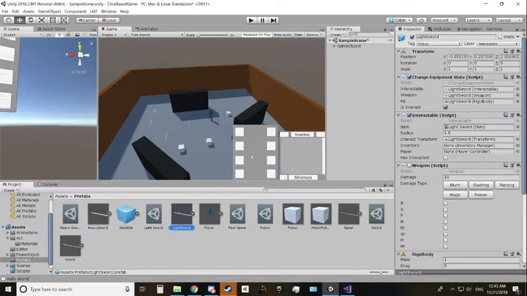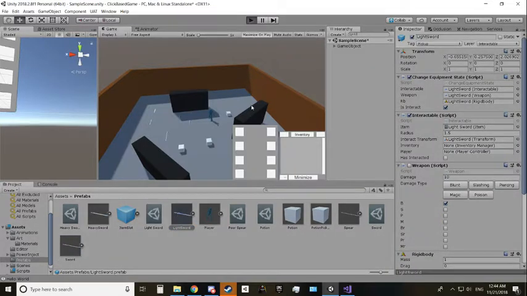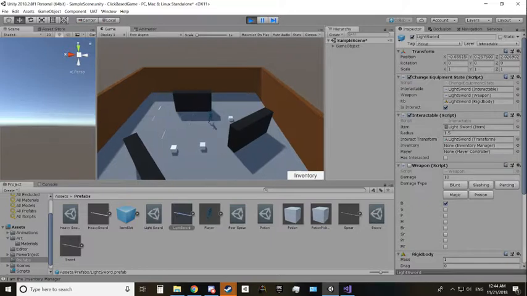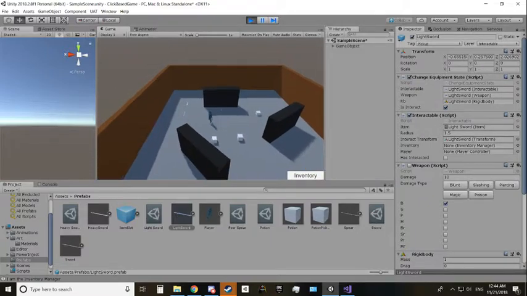So in code, let's make this one blunt, this one piercing, slashing, magic. None of the enums are activated or anything, but each of them has different booleans equipped, selected to true. So let's go ahead and unmaximize that. When you go around and you pick up the different weapons,